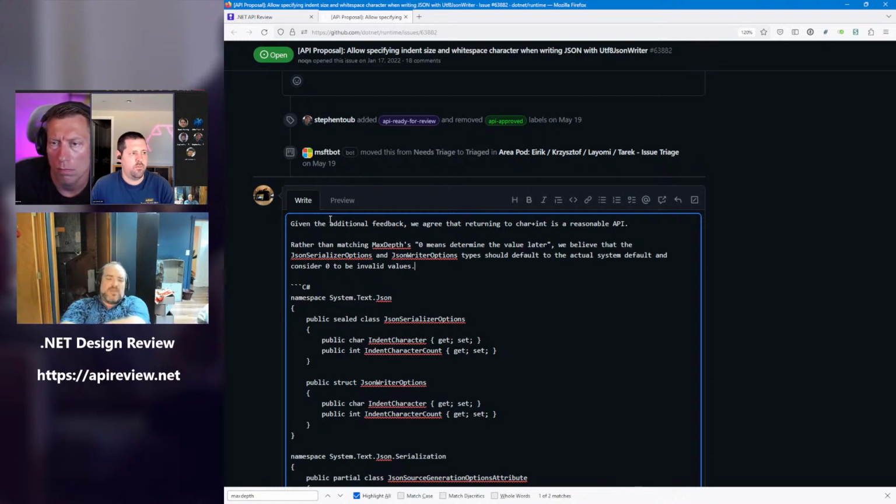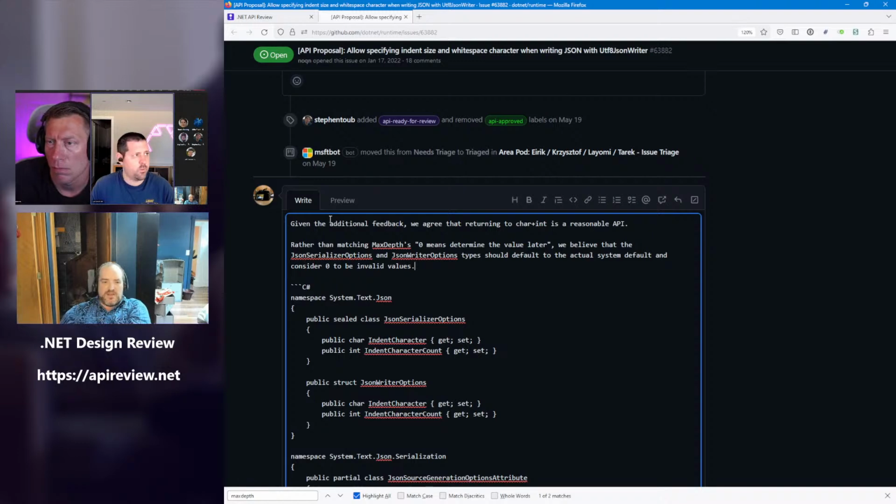What do you mean? I see. For the struct, the problem would be you say new writer options, right indented true, and now it says, sorry, you didn't tell me how fat the character needs to be. So the struct does need to say that 0 is system default.